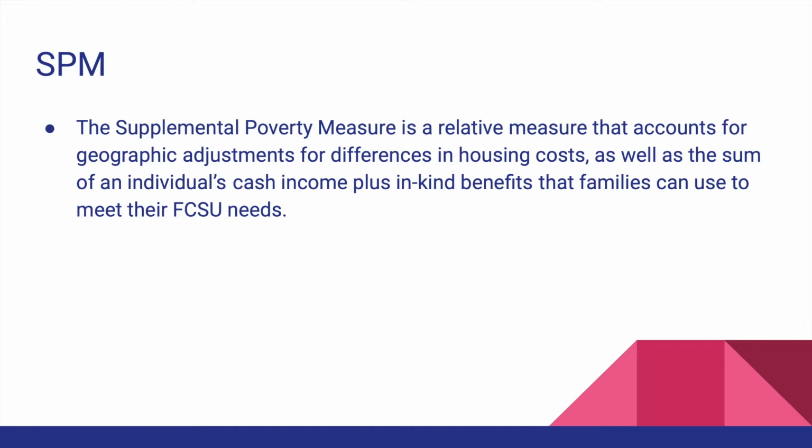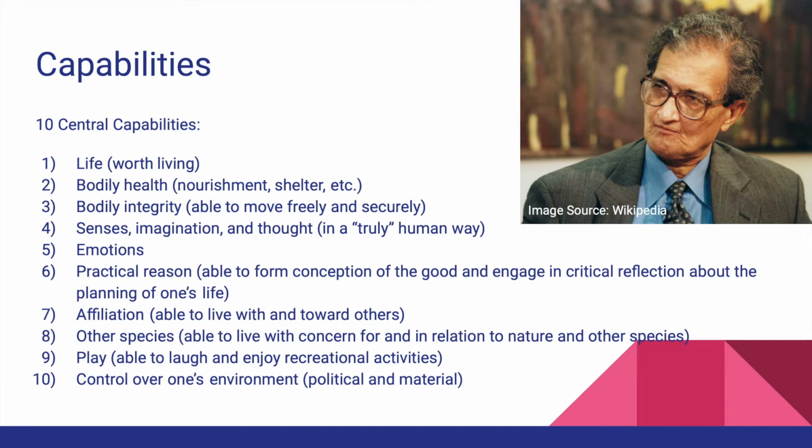Finally, the capabilities approach is a set of possible beings and doings that represent the alternative combinations of functionings that a person can achieve. Functionings are the actions a person is actually doing. The capabilities of a person vary depending on a variety of factors such as personal characteristics and social environment.